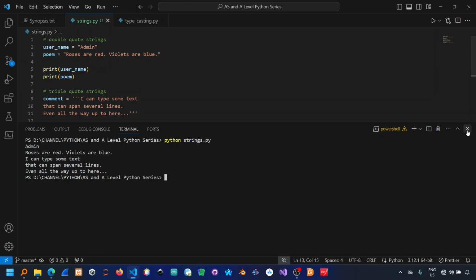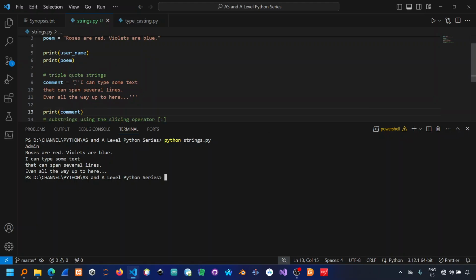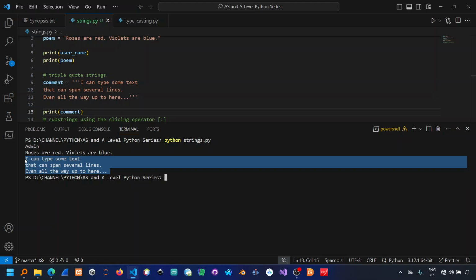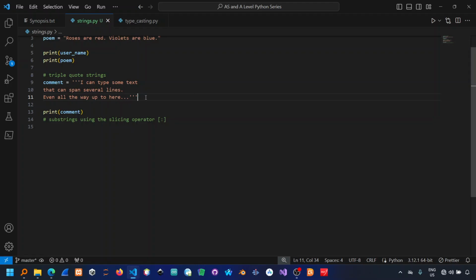So I want you to notice how this kind of string, the triple quote string, however you format it, it's the way it's going to be displayed in your program. So if you wanted a string that spans several lines and it is formatted in a specific way, you can make use of the triple quotes, the triple quote string, as it were. Then I should also mention that instead of just using single quotes, you can also make use of